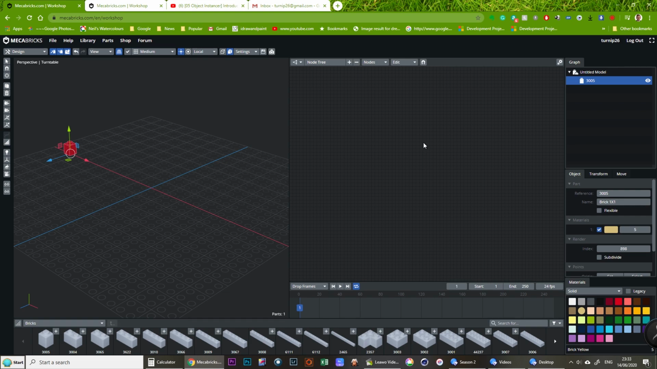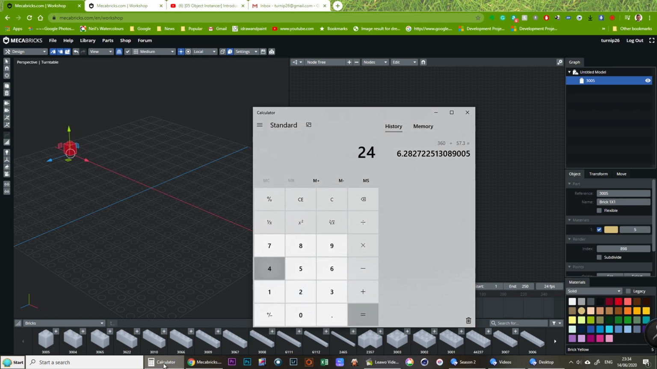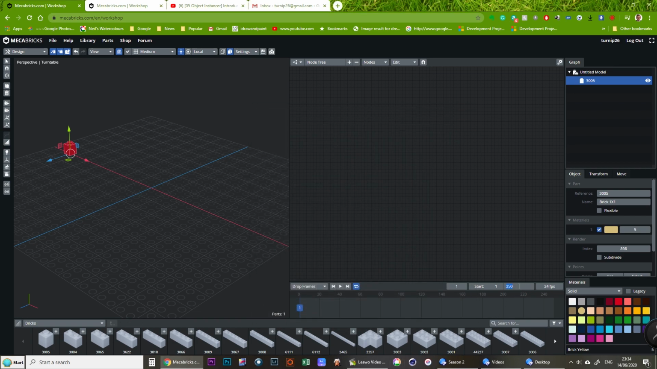Okay, so in the node tree view we've got number of frames and frames per second. So say we wanted this to last for 4 seconds for argument's sake. So 4 seconds at 24 frames per second, 24 times 4, 96 frames in total. Okay, so 96 frames, that gives us effectively our length. So this brick will move from here to here